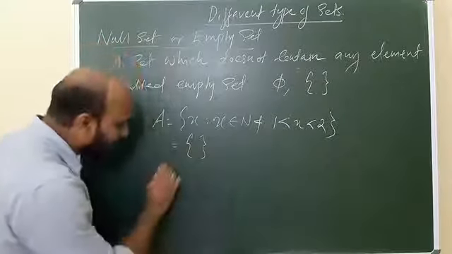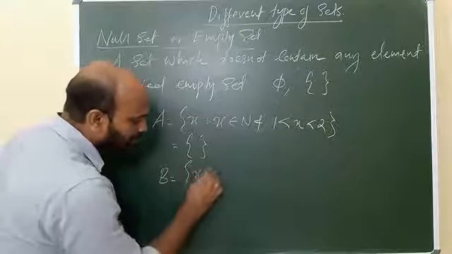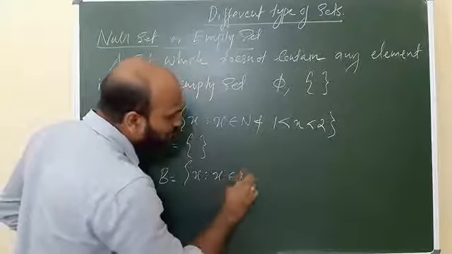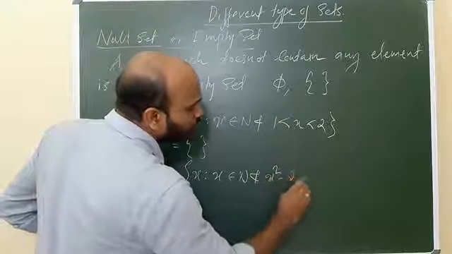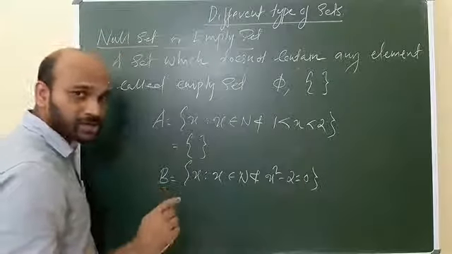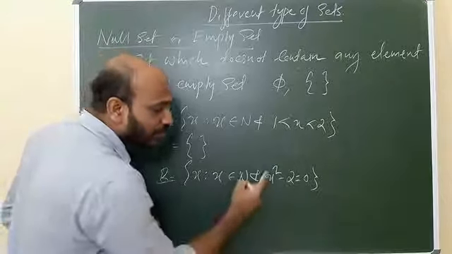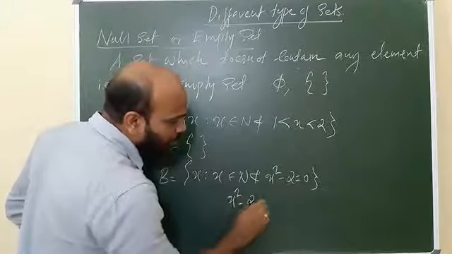Okay. And another example for the null set. B equal to the set of all x such that x belongs to N and x square minus 2 equal to 0. That means you have to find natural numbers satisfying this equation. For that you have to solve the equation. x square minus 2 equal to 0,